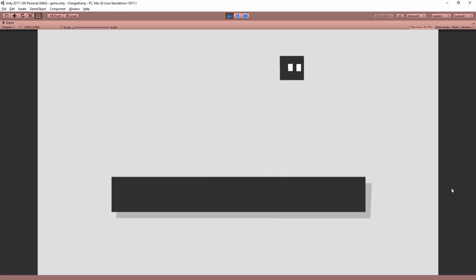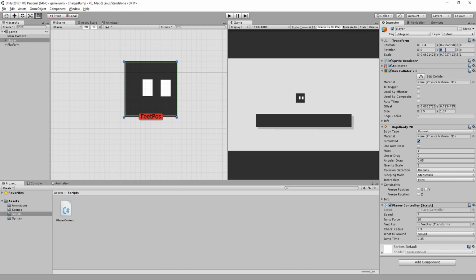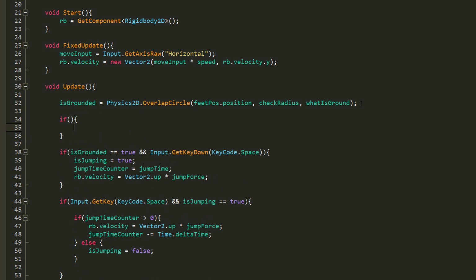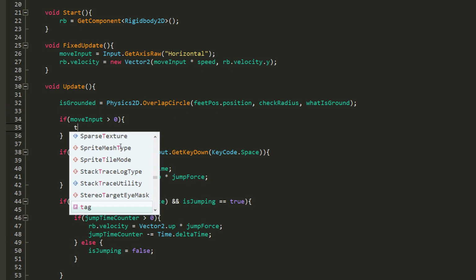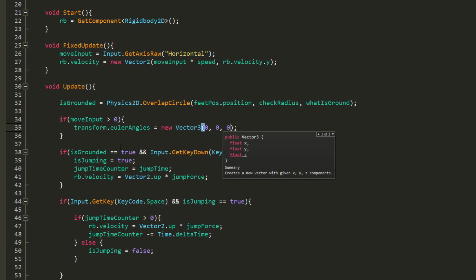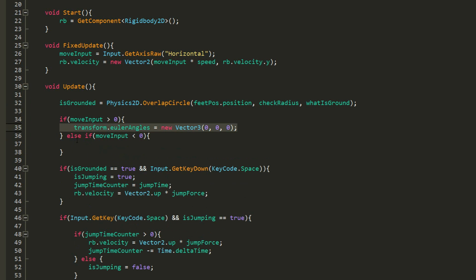Lastly, a very simple way to get your character flipping left and right, depending on the direction in which he is moving, is by rotating him 180 degrees along the y-axis. So if move input is greater than 0, that means the player is moving right, and so I'll leave his rotation with a value of 0 on all three axes. If however move input is less than 0, then I'll set the y value to 180 degrees, and you'll see